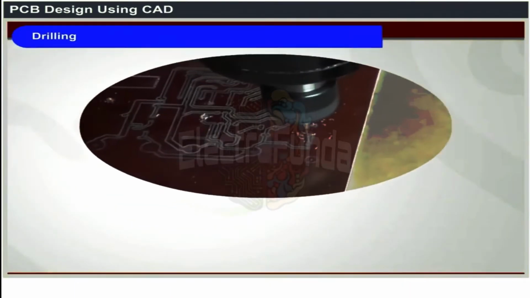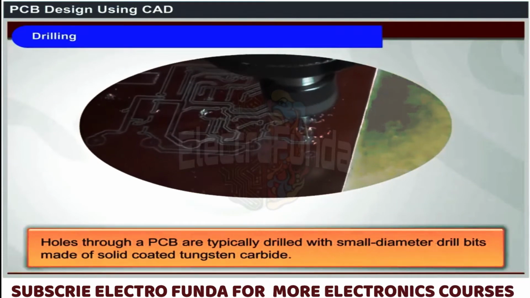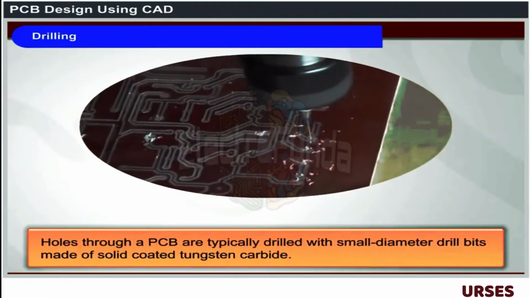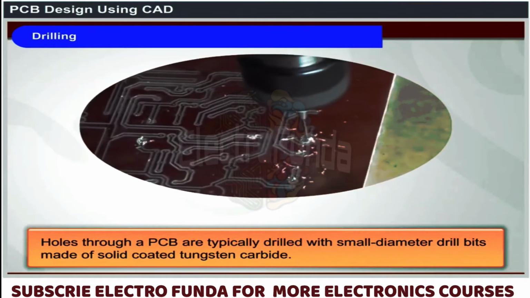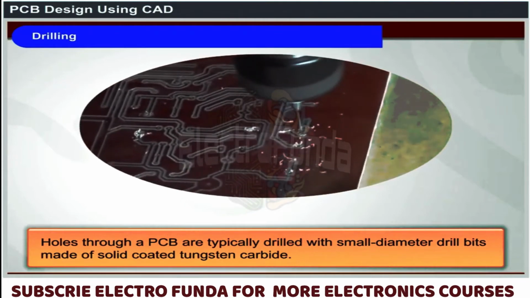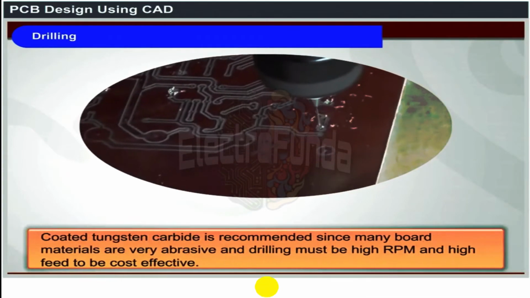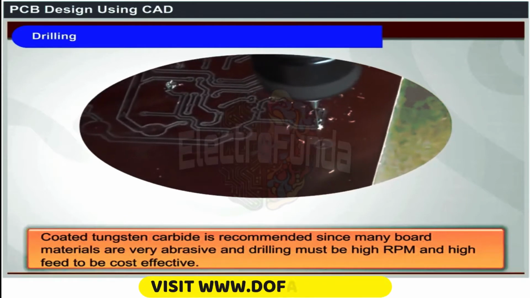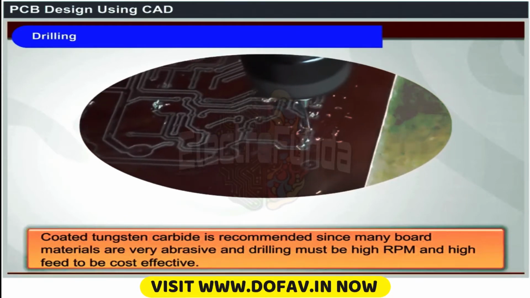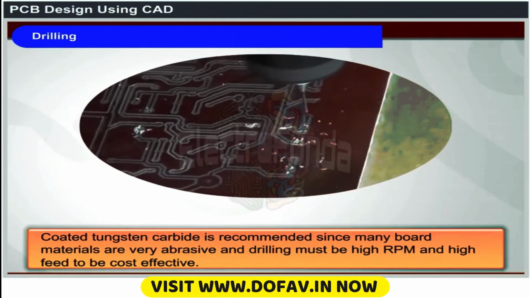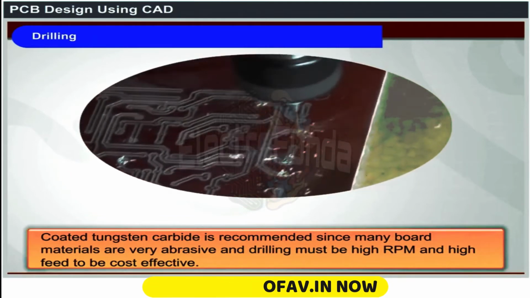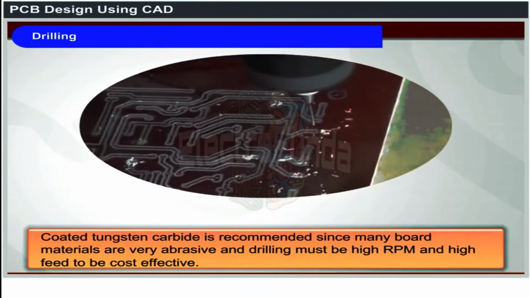Drilling. Holes through a PCB are typically drilled with small diameter drill bits made of solid coated tungsten carbide. Coated tungsten carbide is recommended since many board materials are very abrasive and drilling must be high RPM and high speed to be cost effective.